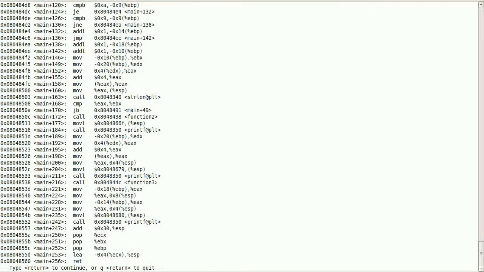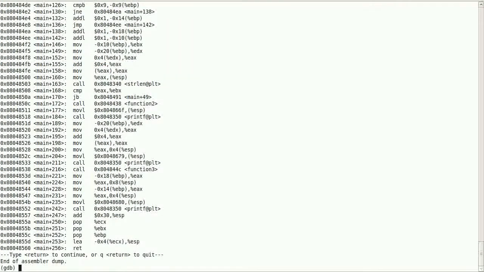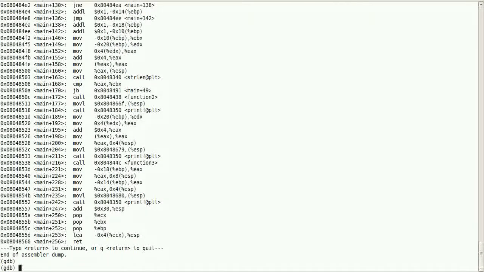If you want to insert a breakpoint at, let's say, this point, the line which is calling function 2, at a memory location, what you have to do is just put a star just before the memory location.